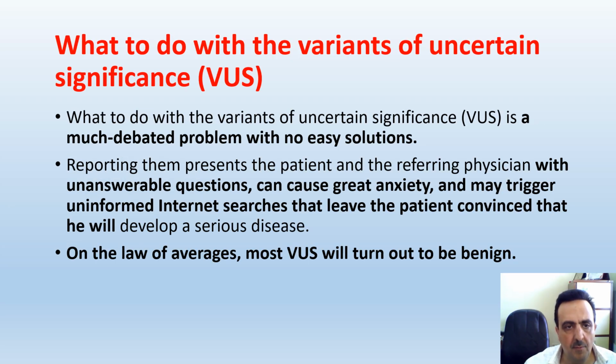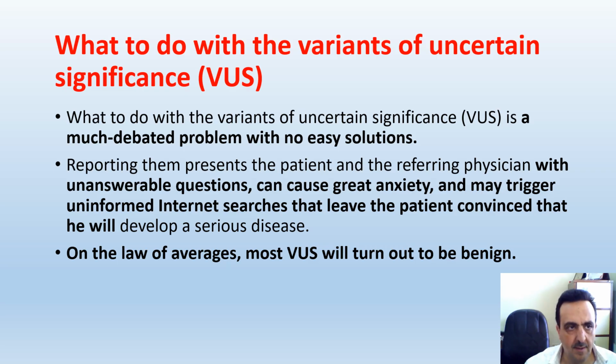What do we mean by VUS, or variants of uncertain significance? That means that the variant that we got from the whole exome sequencing or whole genome sequencing is not found in any database when we searched the database online or whatever. Generally, most of the variants of uncertain significance are benign, but we have to do quite a lot of